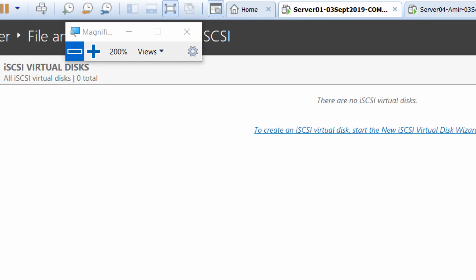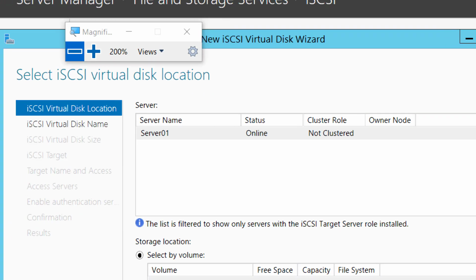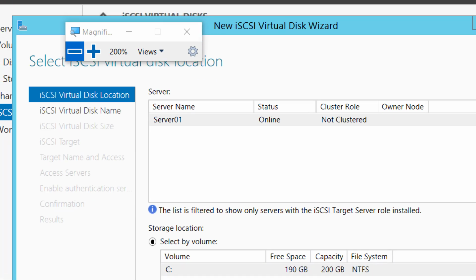iSCSI, and go to this. See this? To create an iSCSI virtual disk, start the new iSCSI virtual disk wizard. We're converting a local disk into a shared disk, which is called a LUN, over the network. So let's click that link here now. Okay, so here,